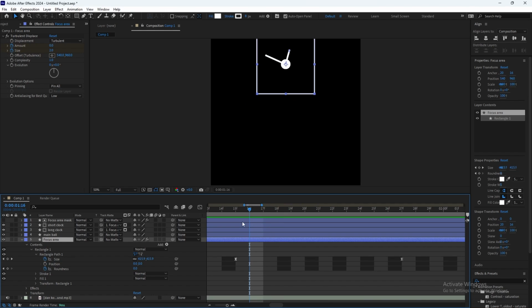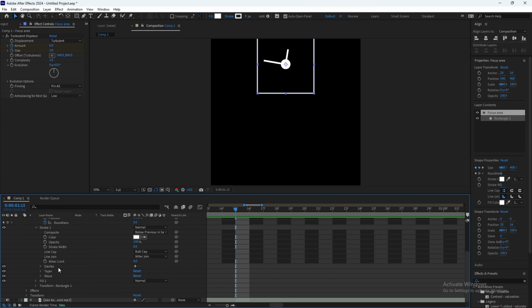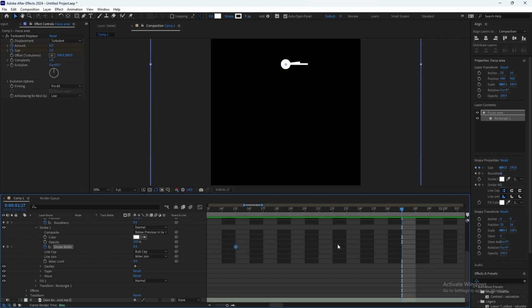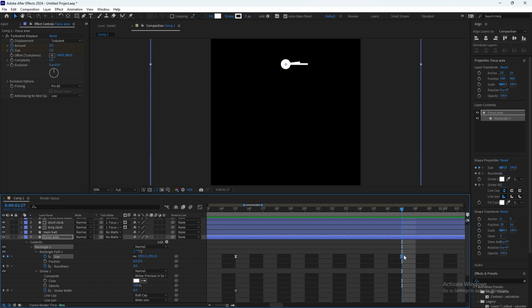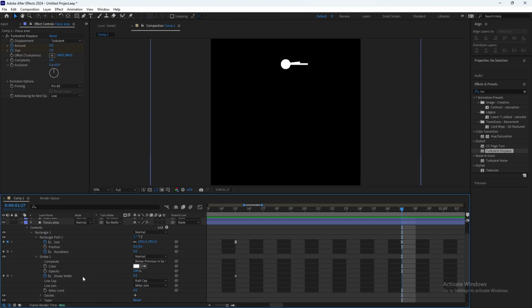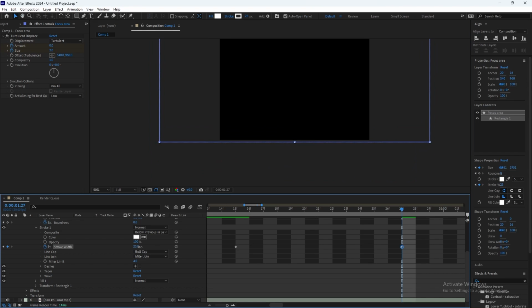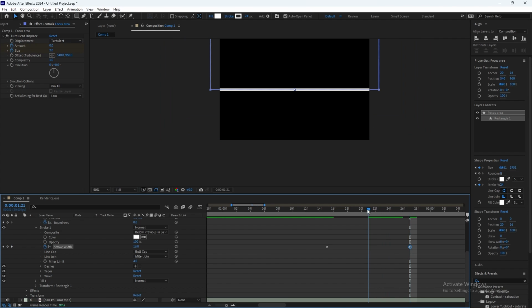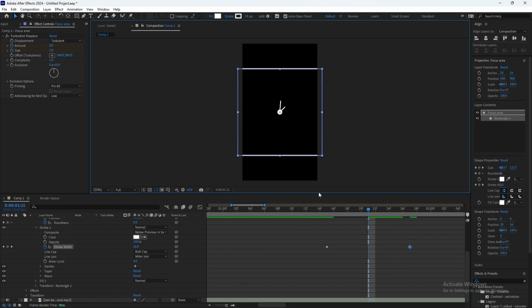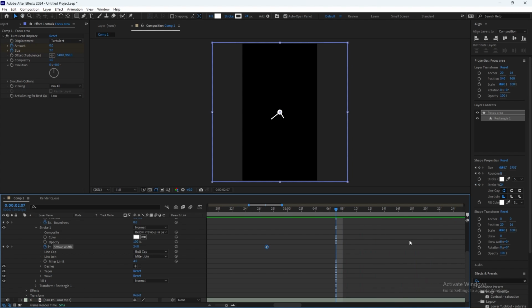So just again, go to the first keyframe, go to the stroke width, go 12 frames like we did before, and then we can make it bigger. Let's see how this looks. Yeah, I think that looks fine.